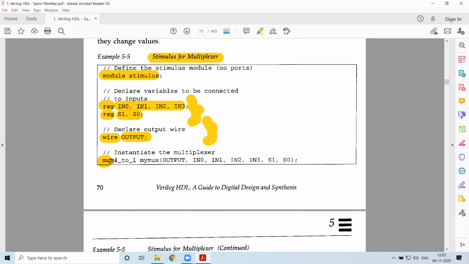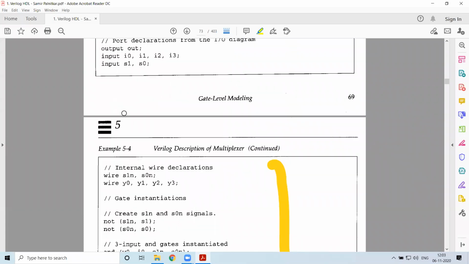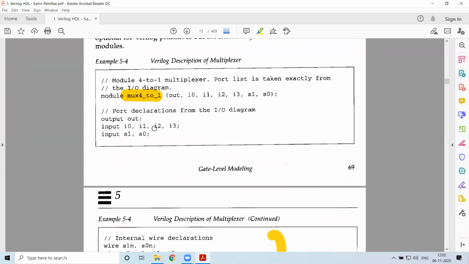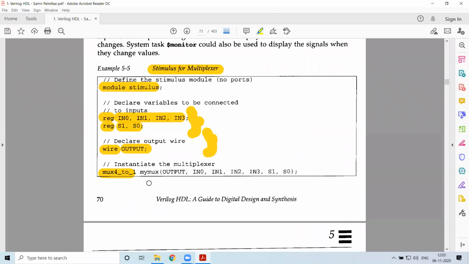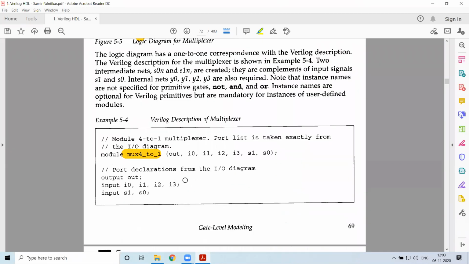So here we have mux 4:1, that is nothing but this module. What you're doing is creating an instance of the above module we have defined. The instance of this module is termed as mymux, which is the name for mux 4:1. Now what are the parameters which I have to send? I should send one output, then I0 to I3 and S1 and S0.